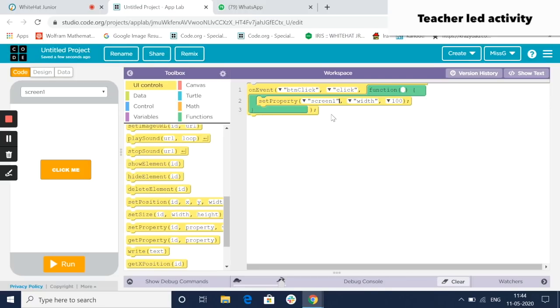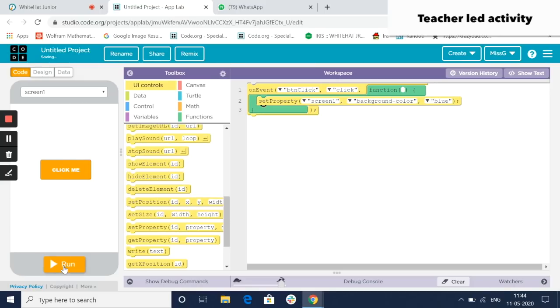Screen 1. What do we want to do? The background color to, you said your favorite color was blue. So I'm going to choose blue. The standard colors will show up. You can put in an RGB code, which is nothing but a combination of red, green, blue to give you a color code. Or you could put a hexadecimal code value also. Standard colors are typically recognized.